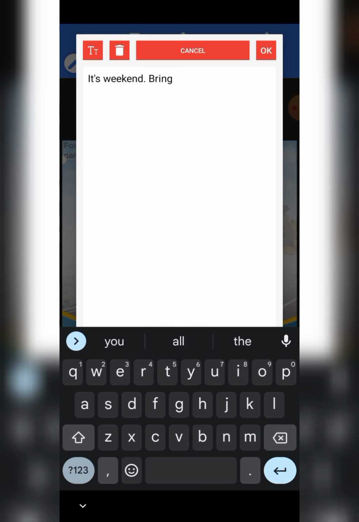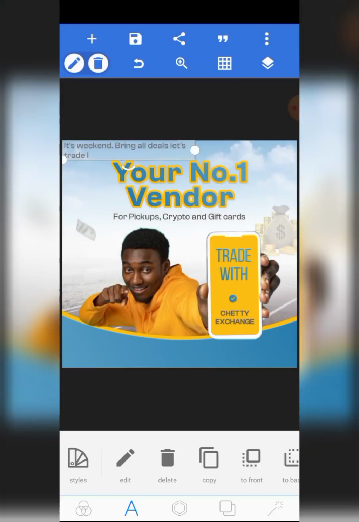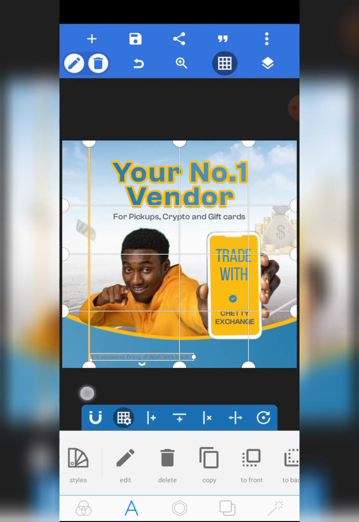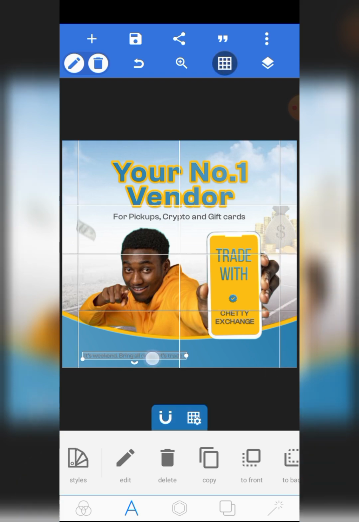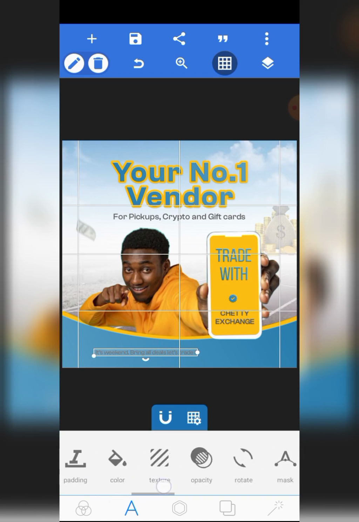Bring all the illustrate. So this is the information I added right here. Okay, so I like it to be this way. Actually, not joke with my grid lines. Alright, so I'm going to add